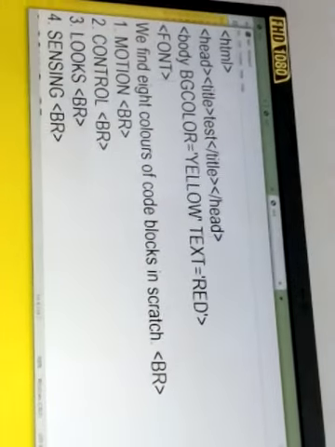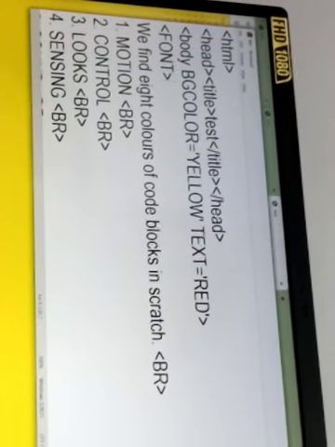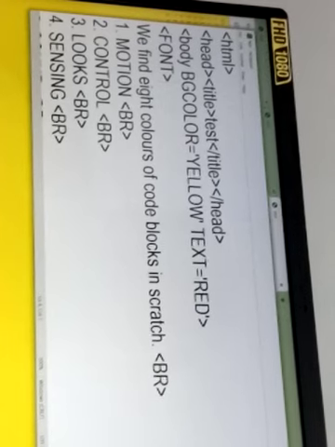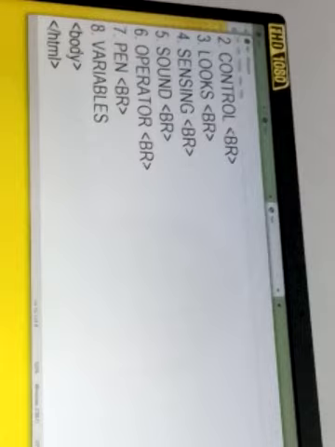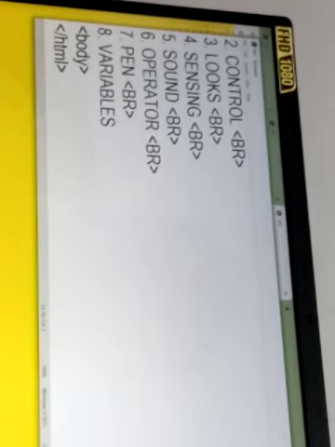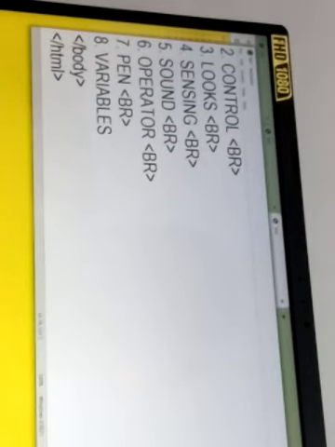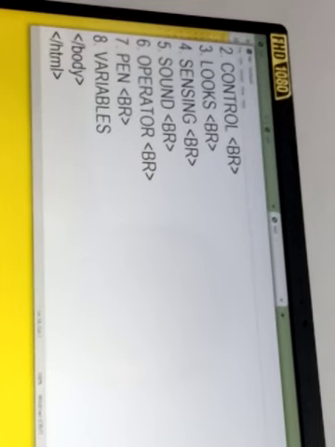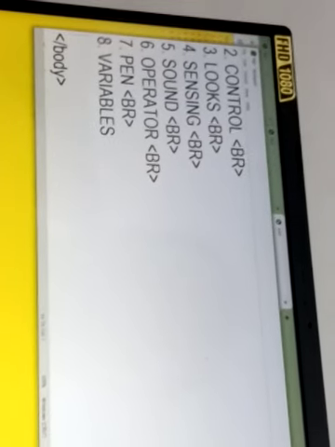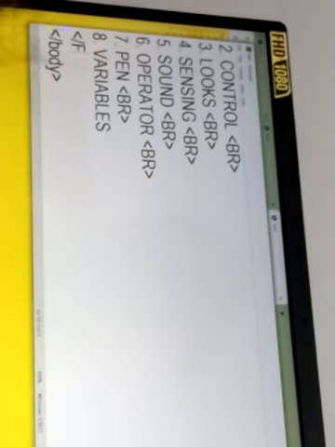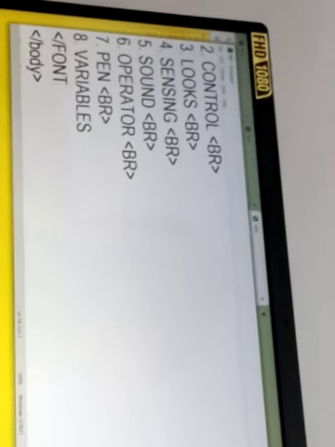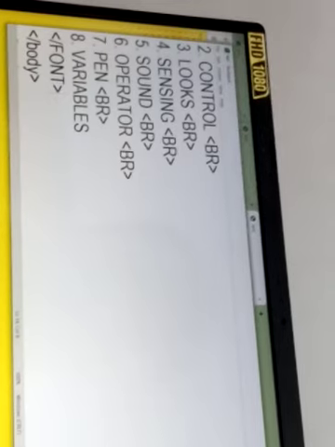To use a font tag, again we have to write in between the body tag. So the font tag should be applied between the body tag. So before closing of the body tag, I have to use the font tag. I have to close the font tag. The font tag is again a container tag, so it is having an off switch over here.